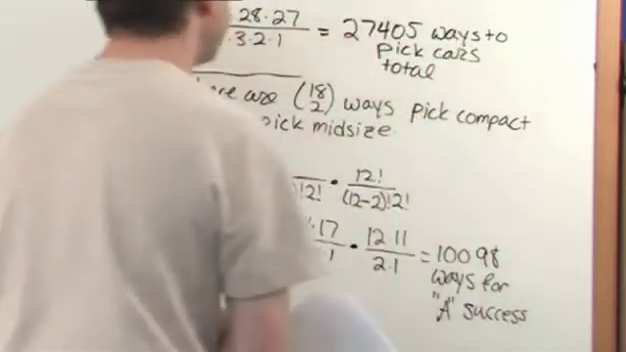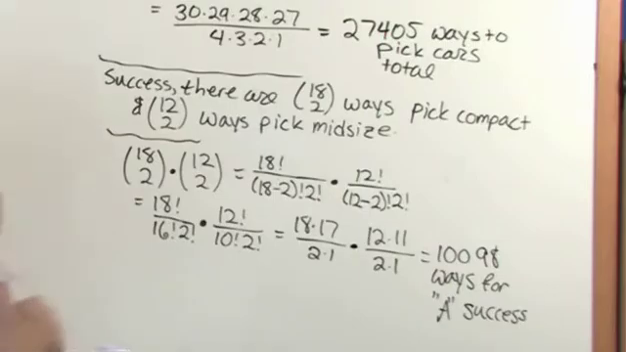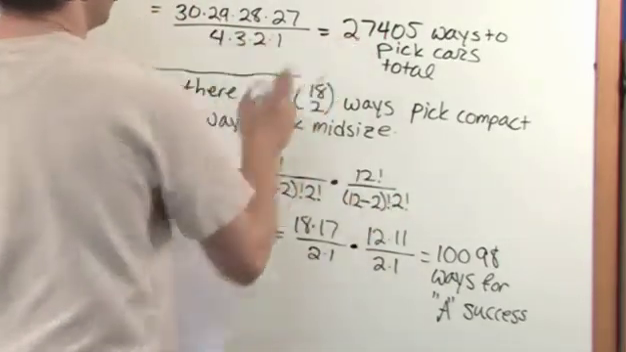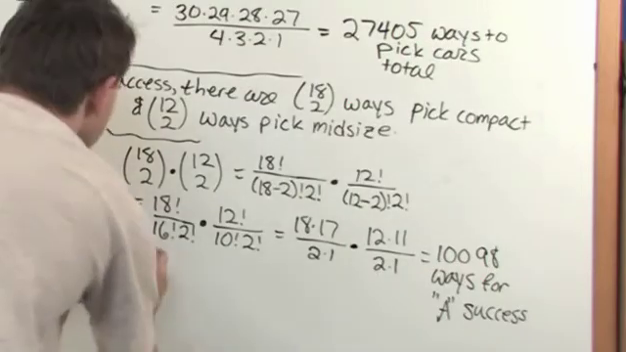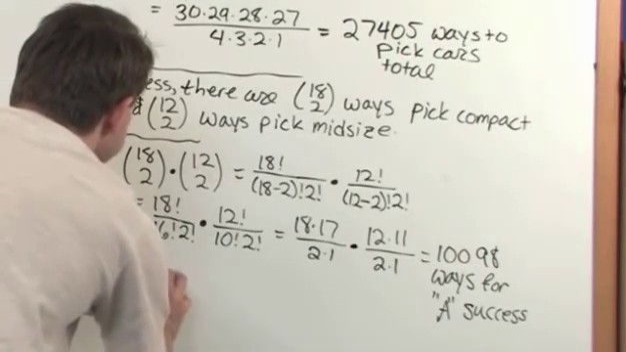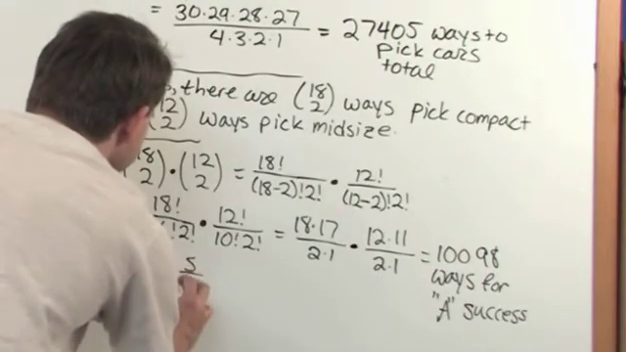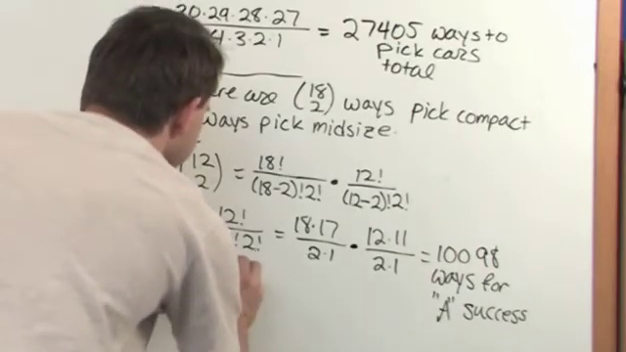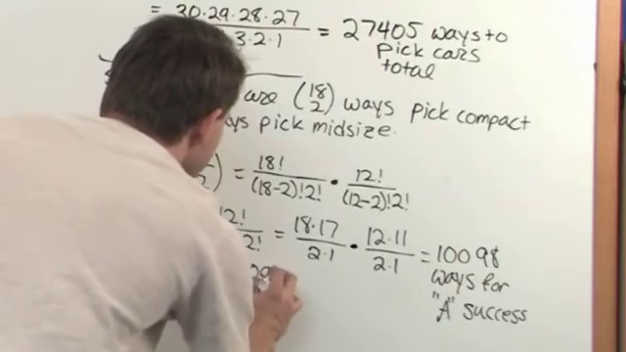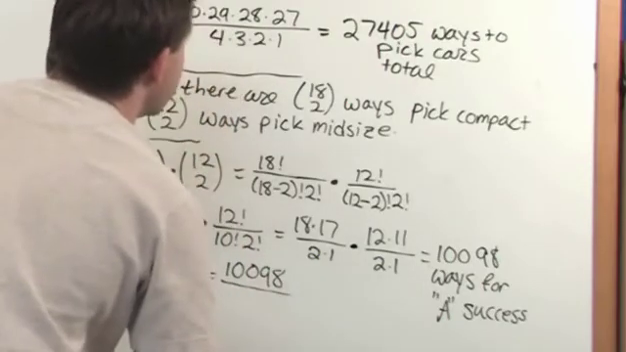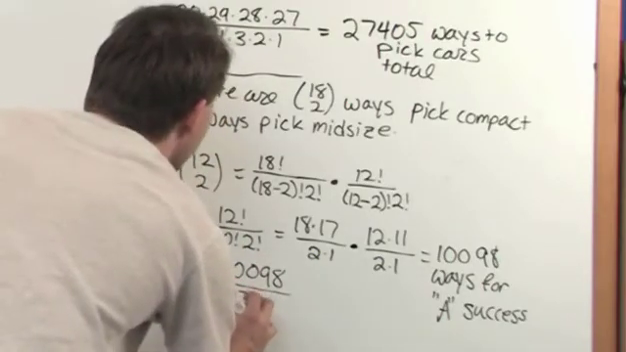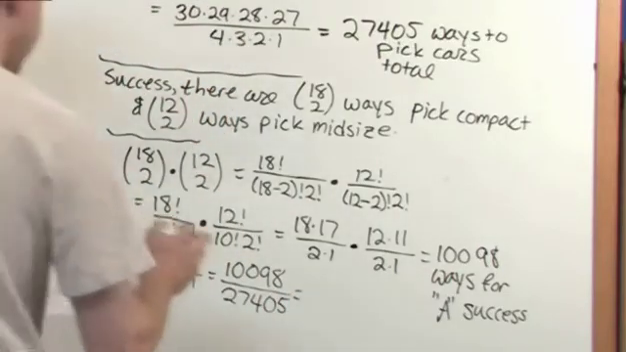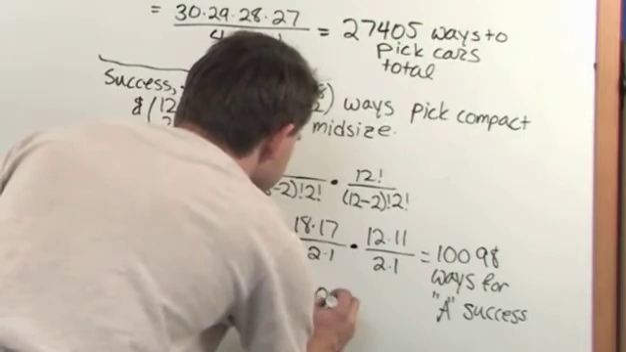So now I've calculated both things I need. I know the number of ways I can get my success. I know the total number of ways that this experiment can occur. So the probability of A is equal to the number of ways my success can happen divided by the total number of ways the experiment can happen. Okay, so it's going to be 10098 divided by 27405. Okay, and when you do that, you're going to get 0.368,